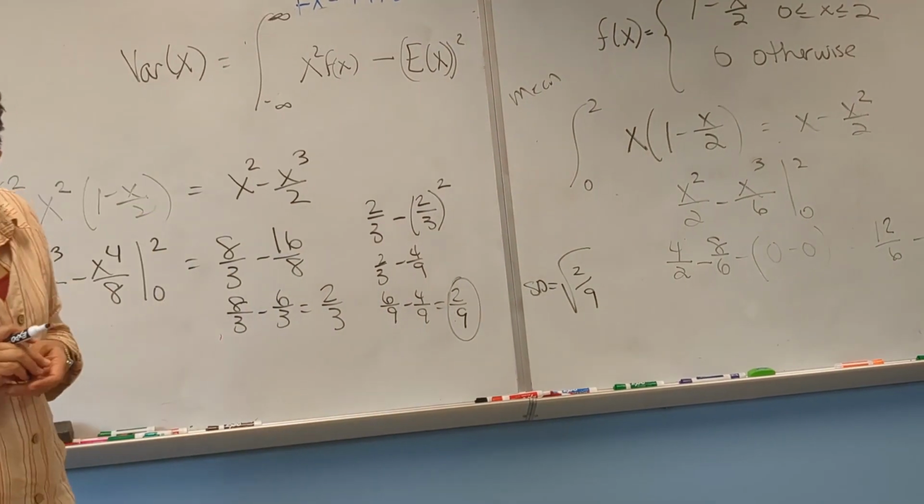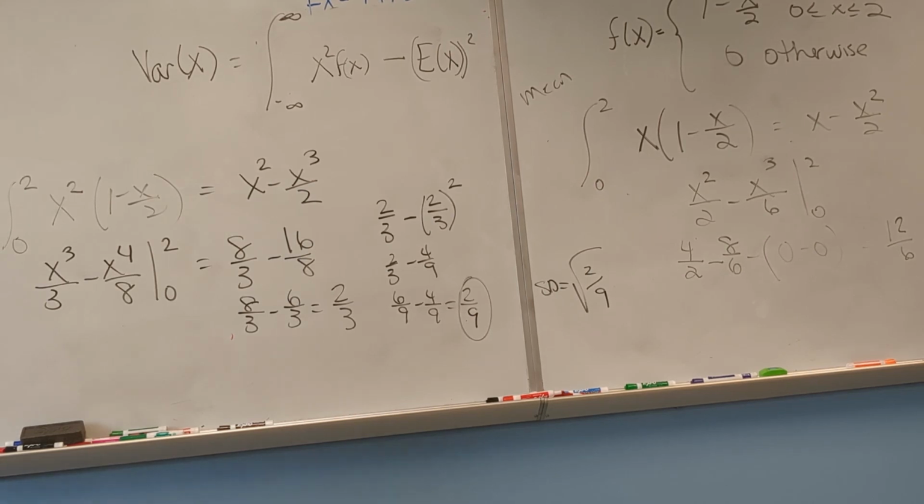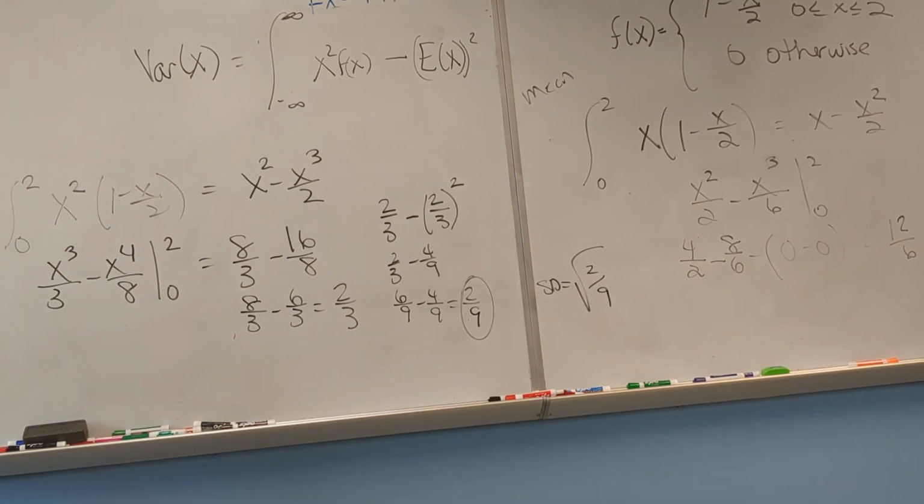Whatever that turns out to be. Square root of 2 over 3. What is it, 0.471? Are we good? Okay, thank you. So you guys have all my knowledge on